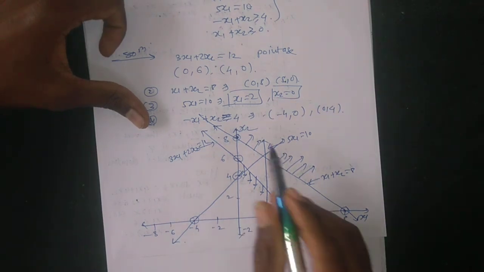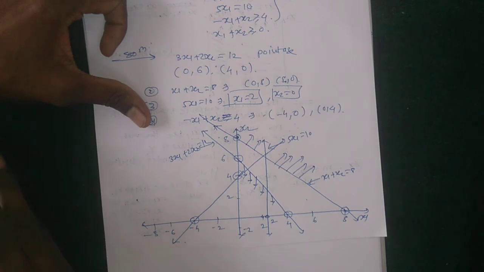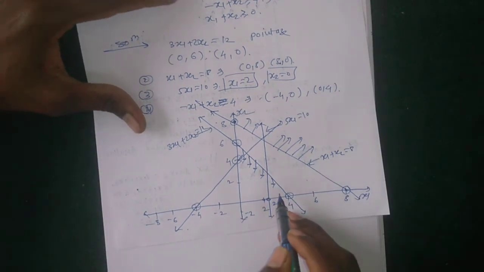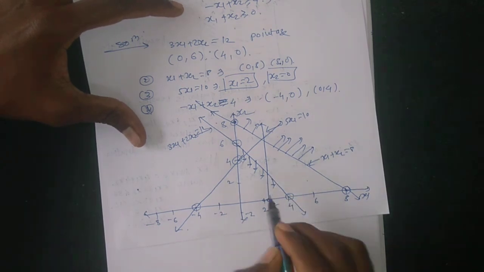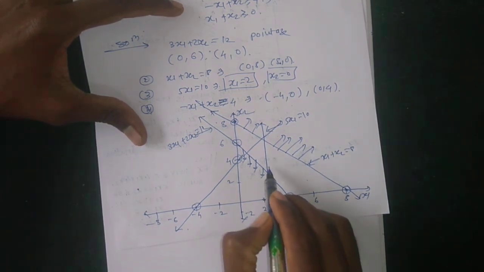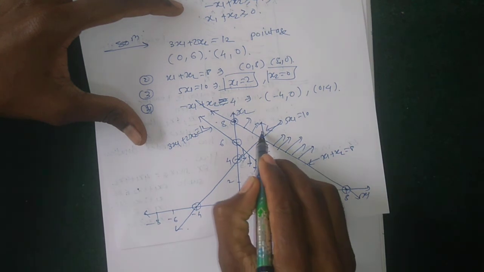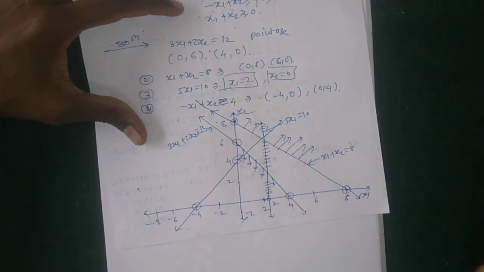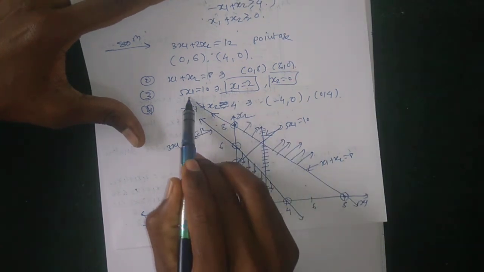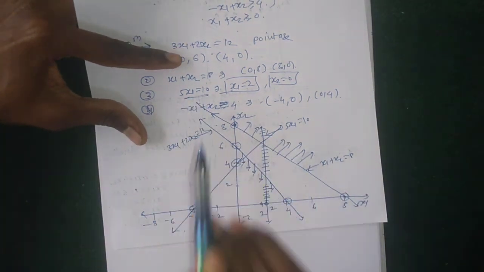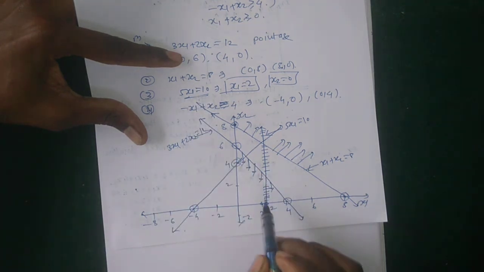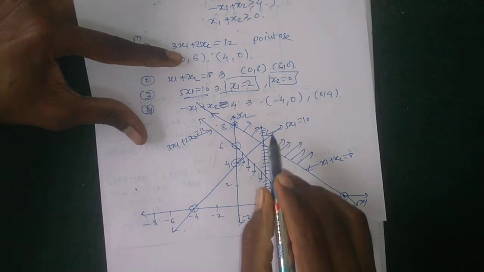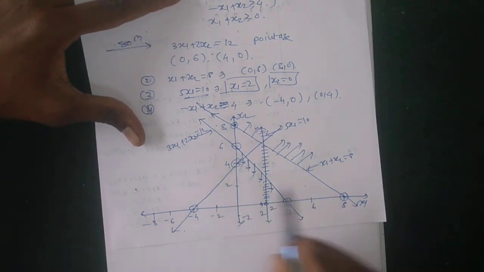Okay, so no need to find region of the other constraints, but next is 5x1 = 10. Their region is only this line. Okay, all points on this line satisfy this constraint, because here it is not less than or equal or greater than or equal, only equal is given, means only points on that line. Okay, therefore for this no region is common.